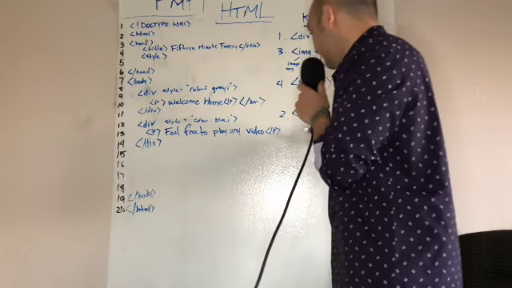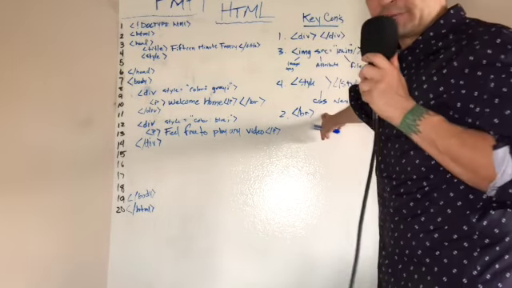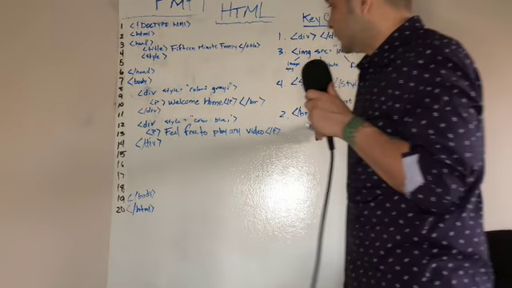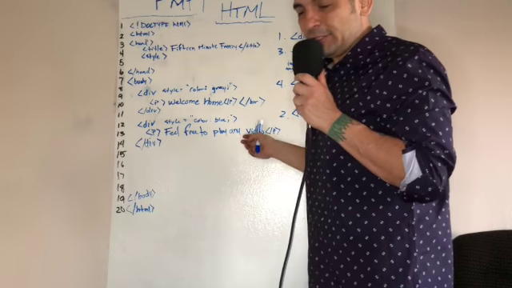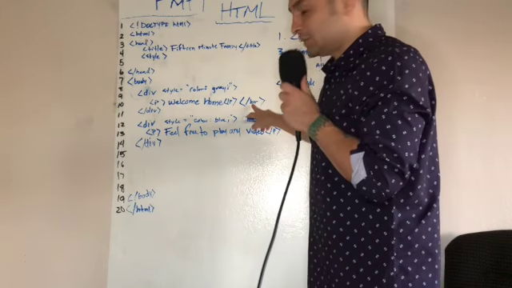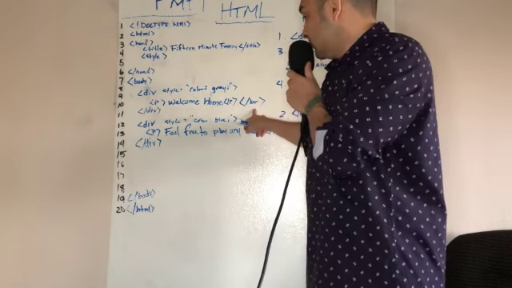Next is a break. The break tag. Break is pretty simple. It's just a return. So if you're writing a paragraph or whatever it is you're doing and you need a new line, that's all the break is. It's just a new line. What'll happen